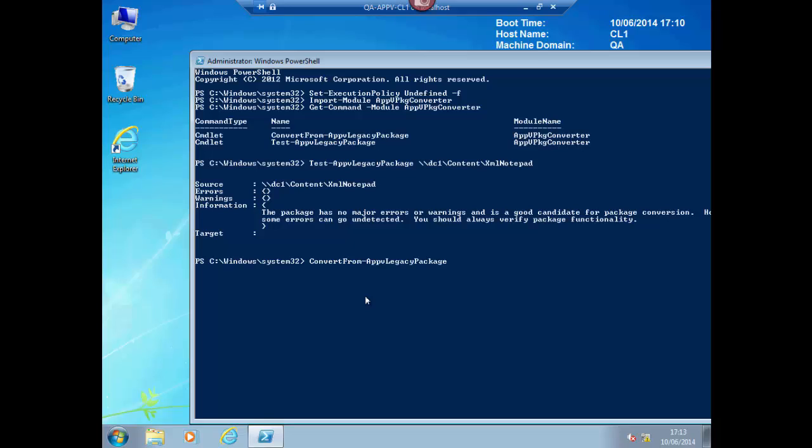from AppV legacy package, -SourcePath is going to be dc1/content/XML Notepad, and I'll do the -DestinationPath as being the same location. No, I'll put it into //dc1/pkglib